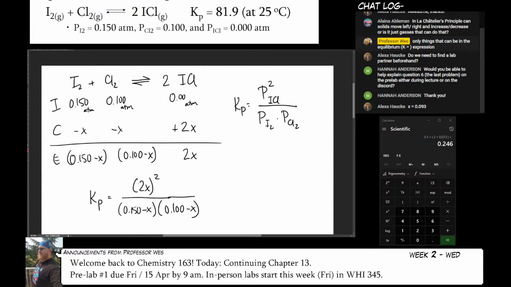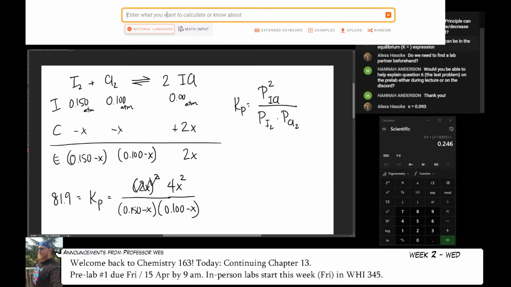Now, because it's fewer characters, I'm going to scribble this out and just distribute the squared. And then Kp is 81.9. So back to Wolfram Alpha we go. So we'll clear that. Oh, I should put it on the screen so you can see it. There you go. So that would be...